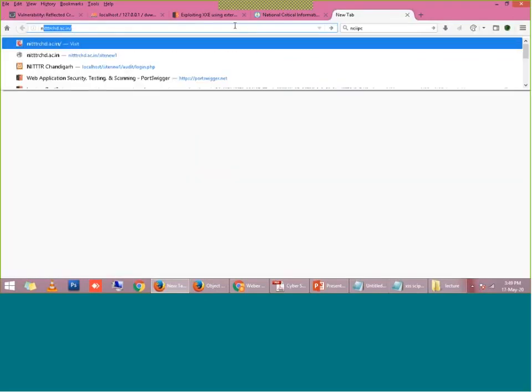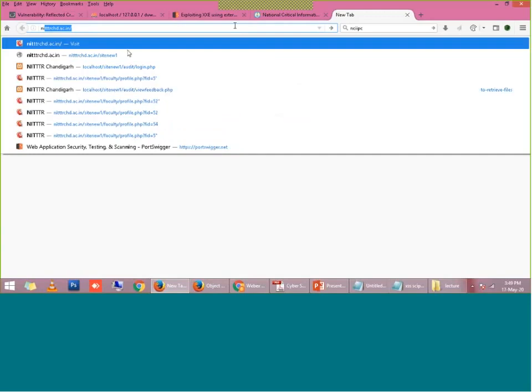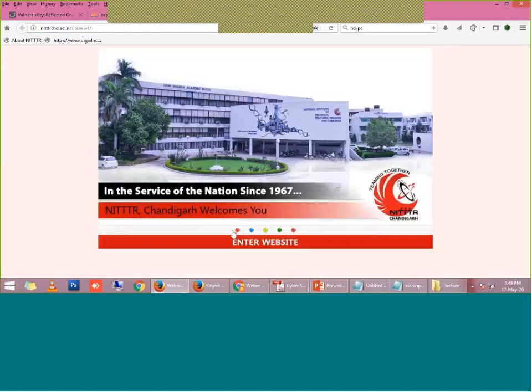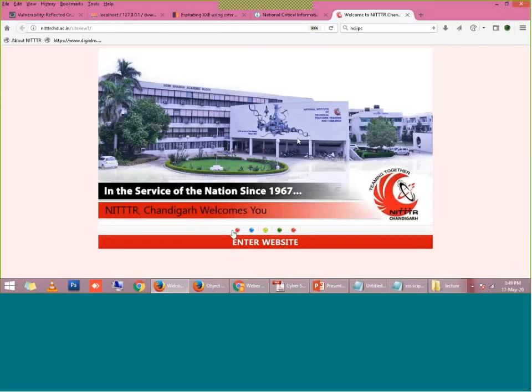You can find the photo on my website, the Nitter website. In the faculty table, I have taken that UI from there. I am going to show you the link I entered in this reflected XSS.